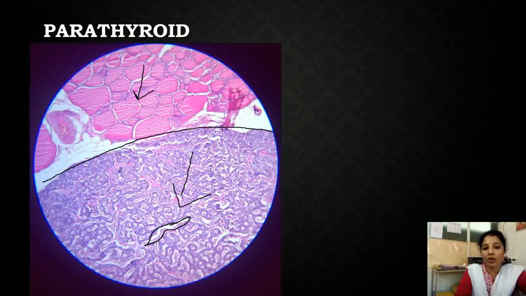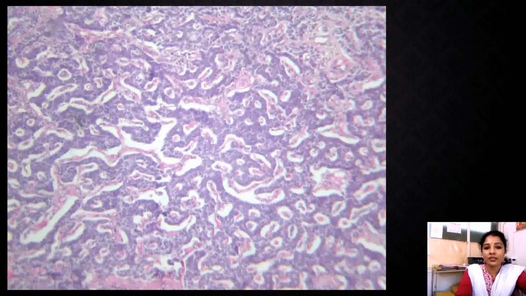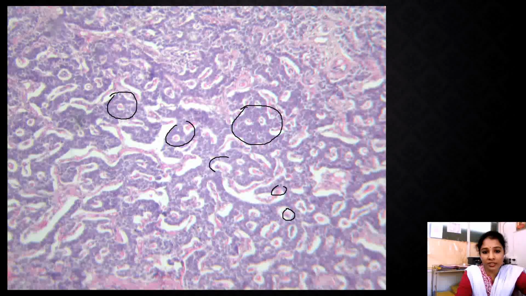And the other cells are called oxyphil cells. Oxyphil cells will get matured only when the person reaches adolescent age, and the exact function of the oxyphil cells is not known yet. So here is the closer view of a parathyroid, where we can see clusters of cells without any gap. They are blue color basophilic cells, which are called chief cells. And here and there we can see the pink cells, which are called oxyphil cells, which take eosin stain. They are acidophilic. And the gaps in between are called sinusoids.